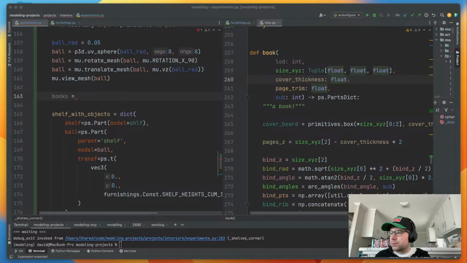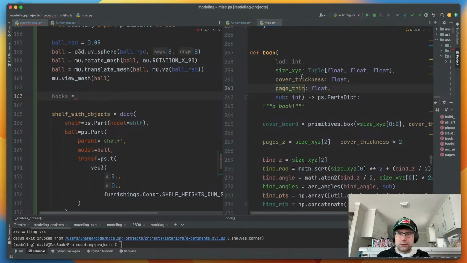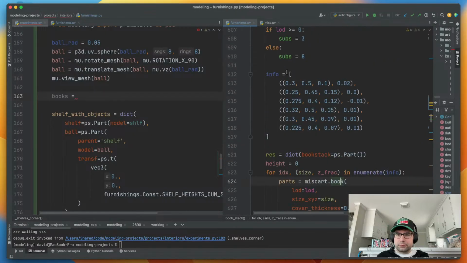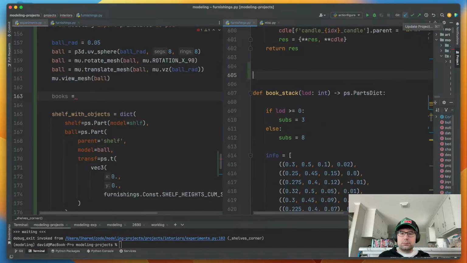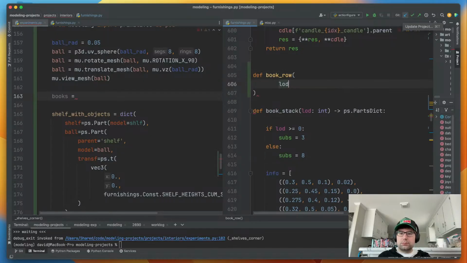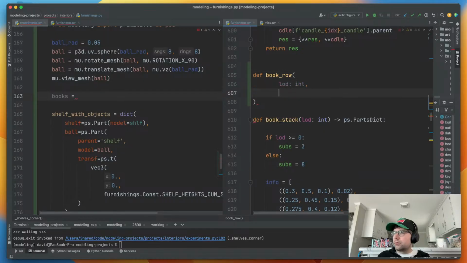If I search for row of books, yeah, I'm making a row. So we'll call this